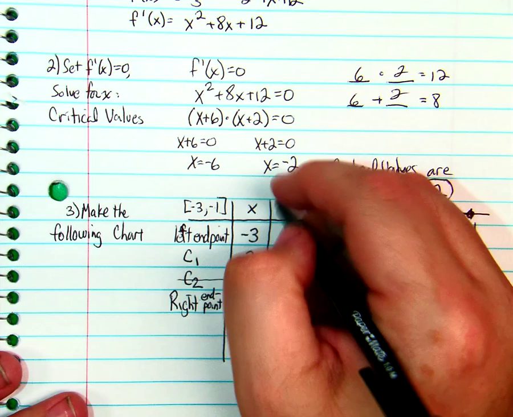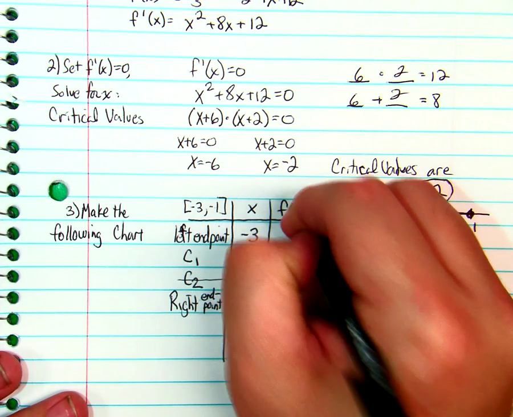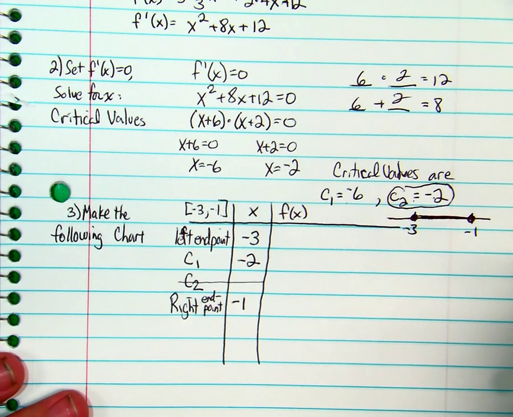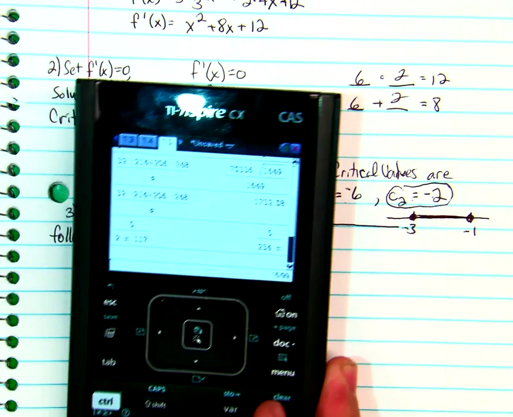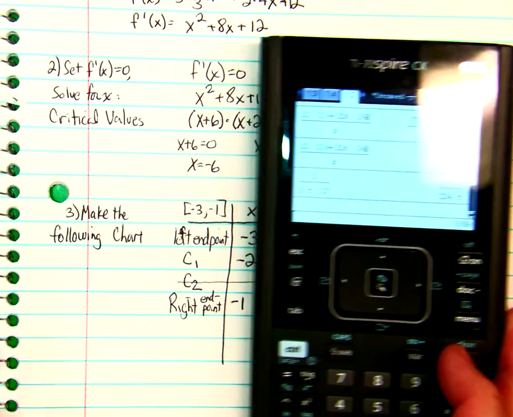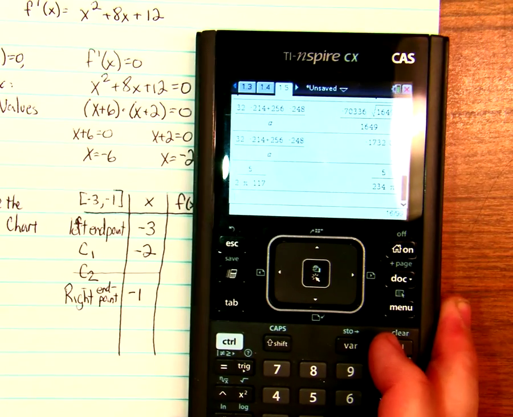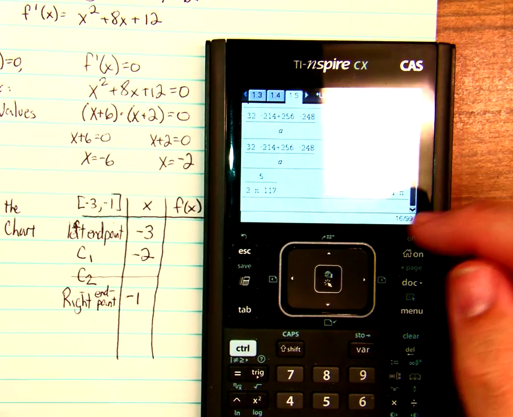Now I want f of x. I want to evaluate the original function at these values. So I'll get my calculator. Or you can do this in your head if it makes it easier for you. For the sake of brevity, I will grab the calculator, move this over a little bit. And the original function is